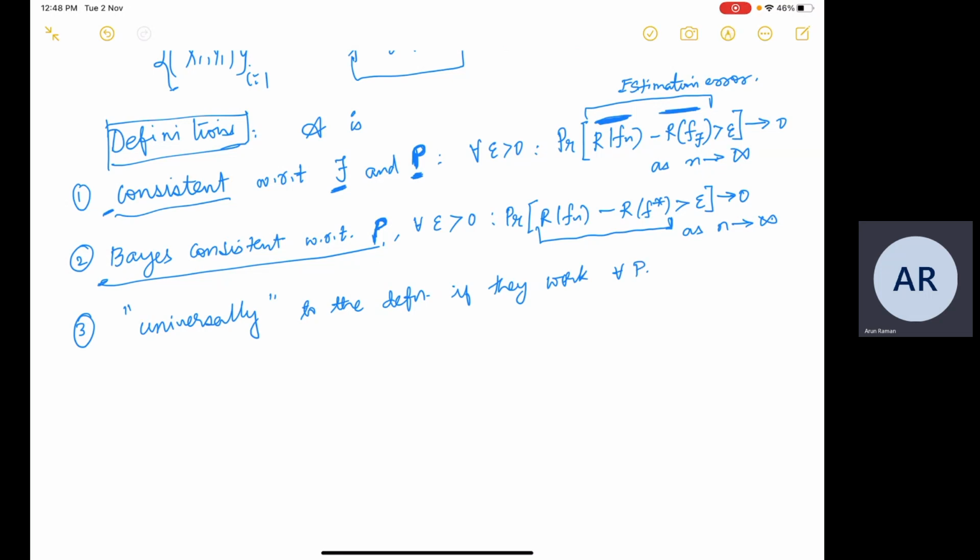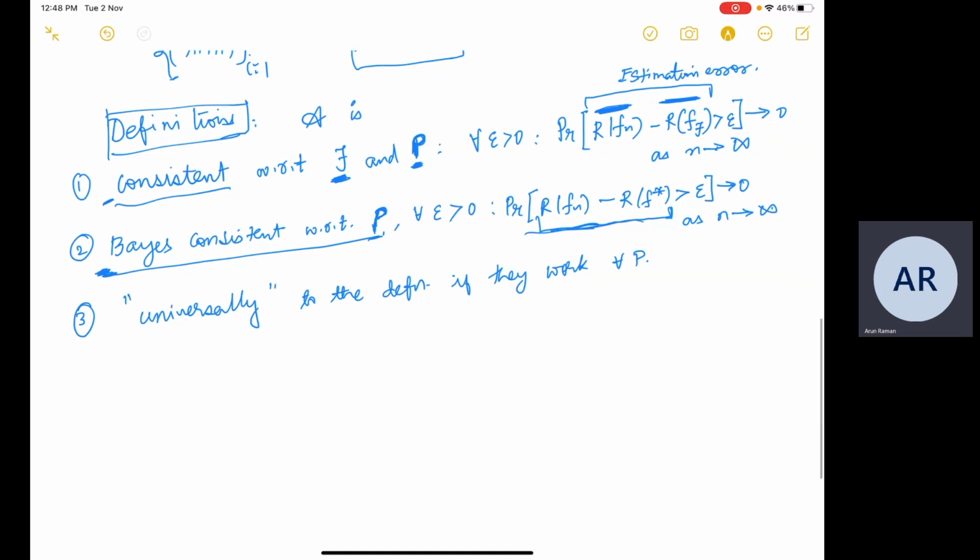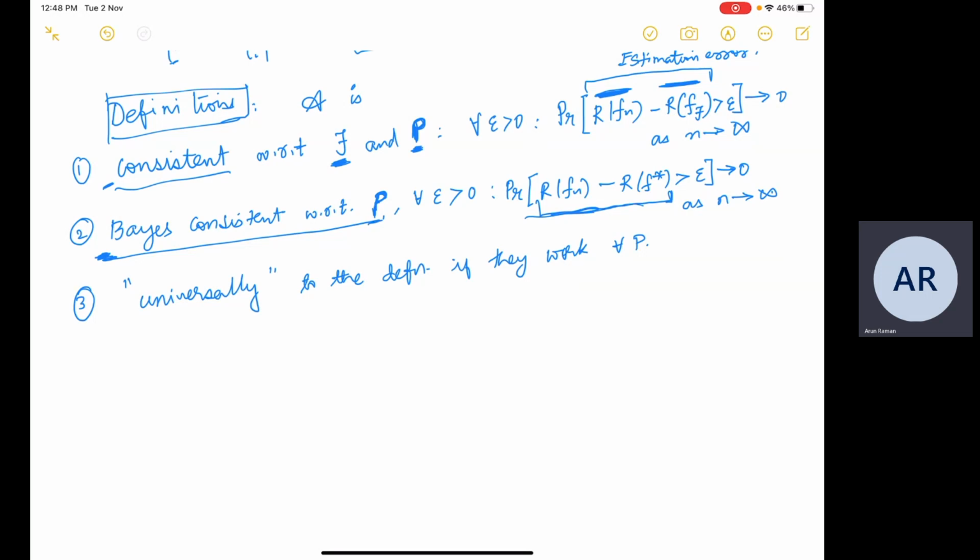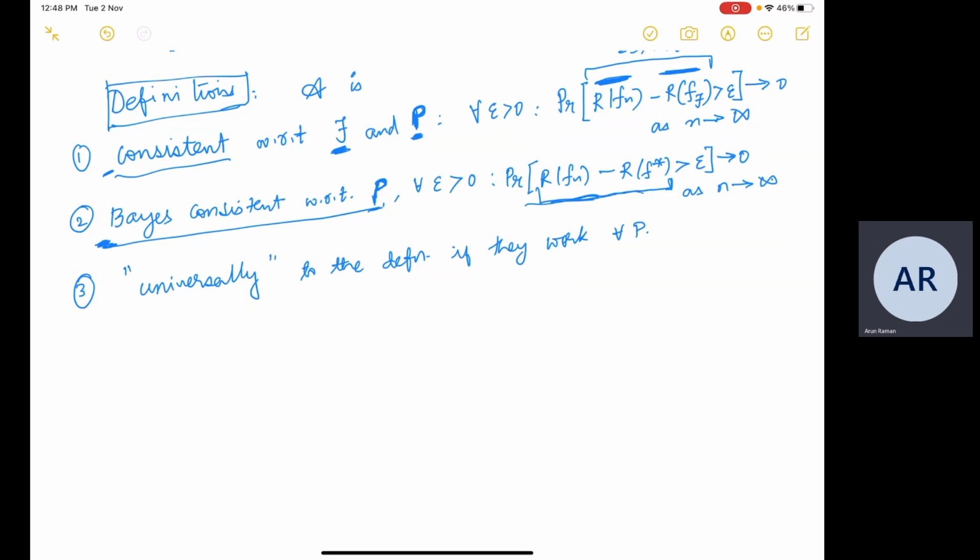Okay. So an algorithm A is called universally consistent with respect to function class f if for all epsilon greater than 0 and for all p this is true. Similarly, an algorithm is universally Bayes consistent if for all epsilon greater than 0 and for all p this condition is true. Okay, so this is just one of these semantical issues. Then the next thing which we discussed was that since p is not known,